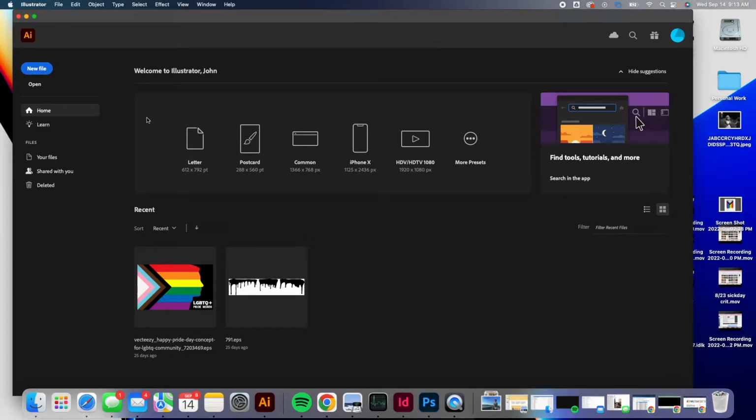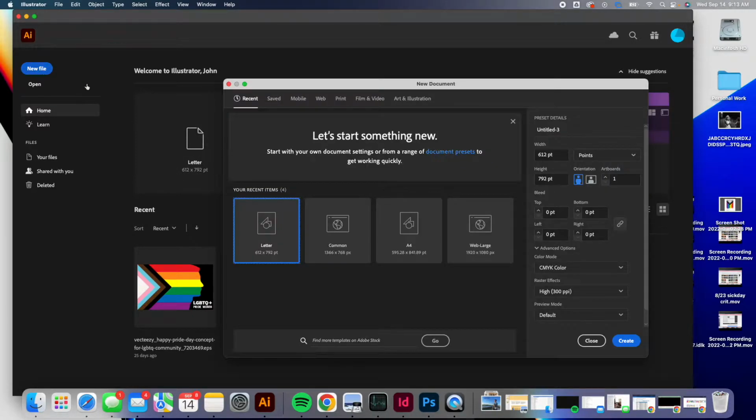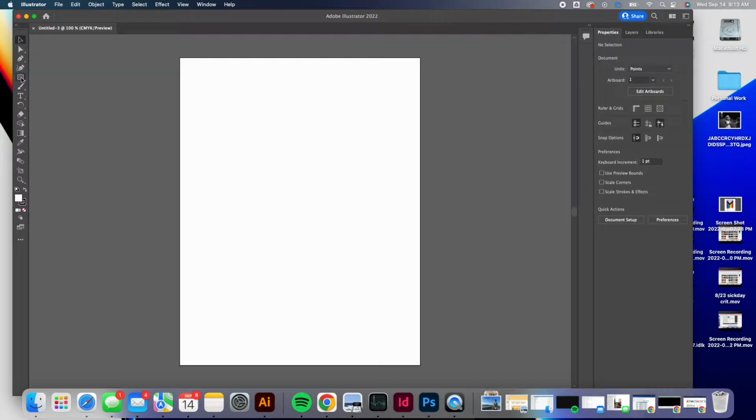Here's the opening screen of Adobe Illustrator. So you can go to some default sizes, but really for the most control, you'll go to New File. Letter, which is 8.5 by 11, is what we're going to choose. Here we can change color modes and size and all that. Really, it doesn't matter. Because the thing about Adobe Illustrator, and I'll click Create, that we first need to know